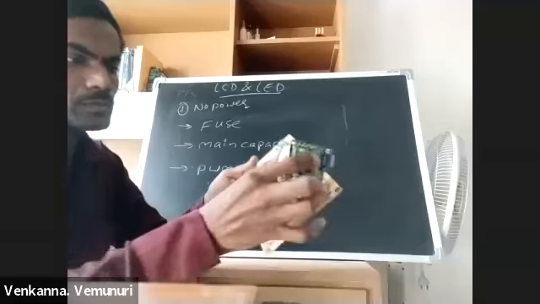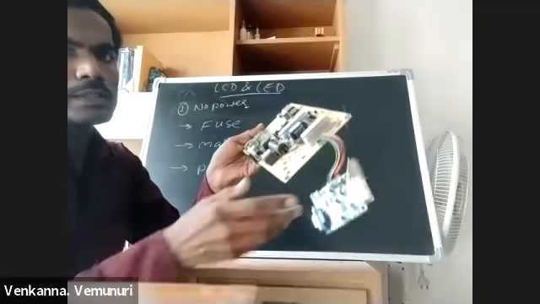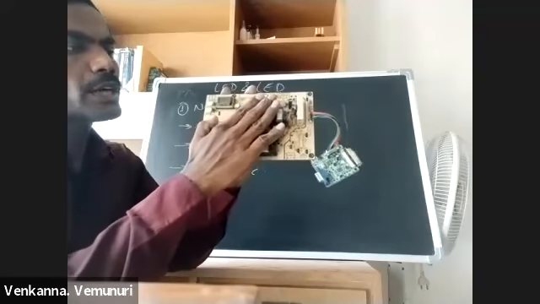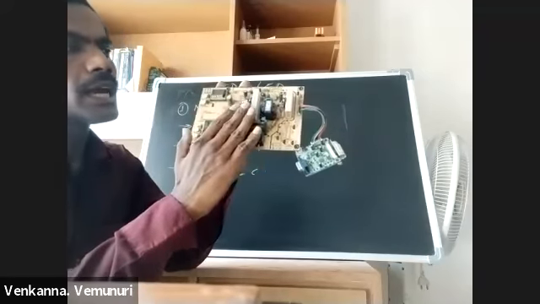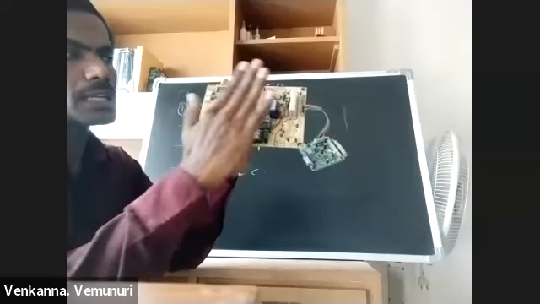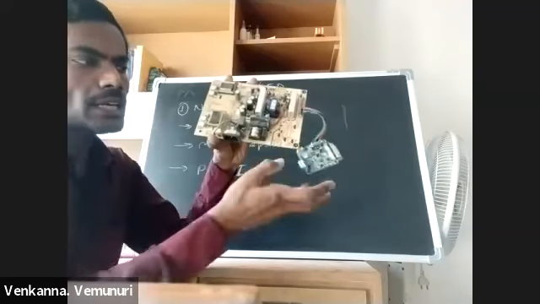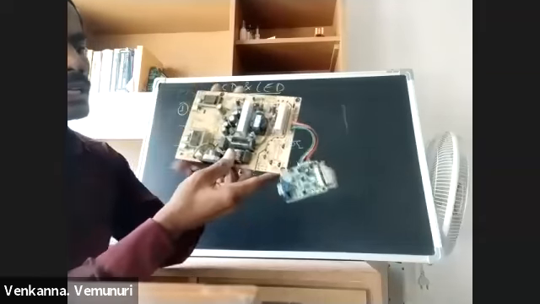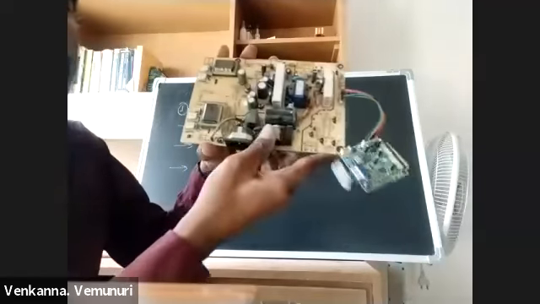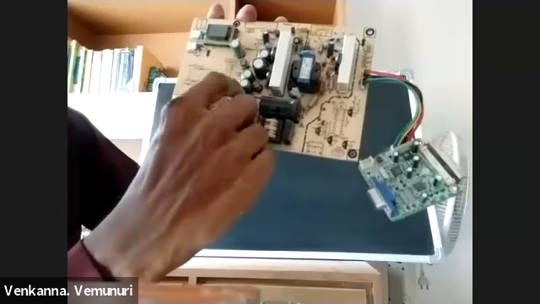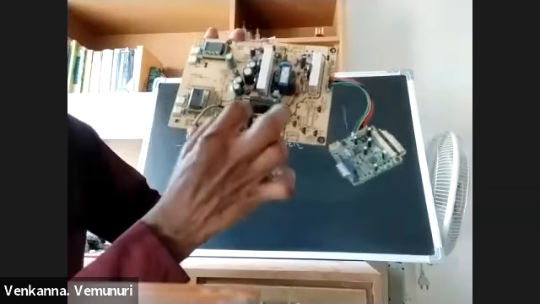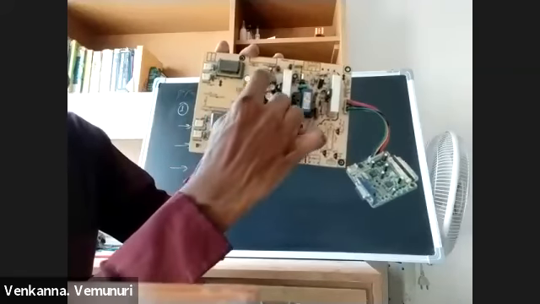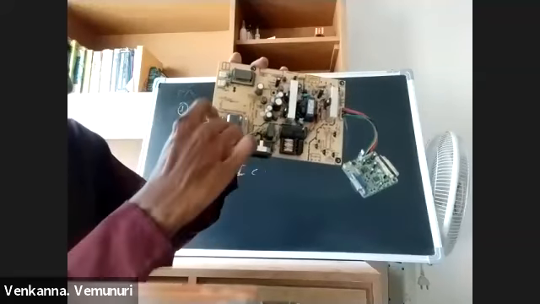This is the LCD monitor power section. This circuit has an SMPS section and an inverter section. This is the motherboard of the LCD monitor. Here you observe one block of lines. This is the SMPS primary section. This is the SMPS secondary section. And this is the inverter section.